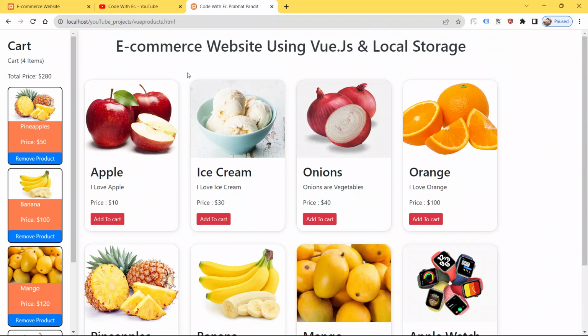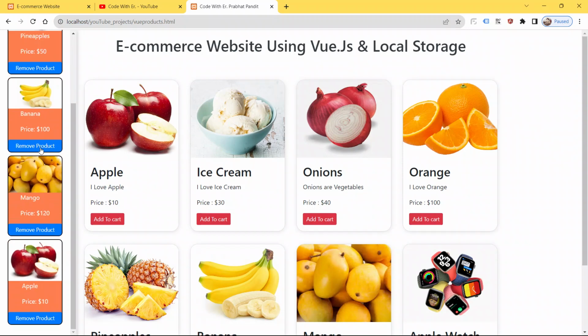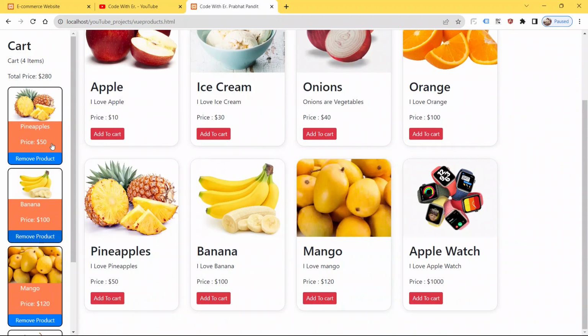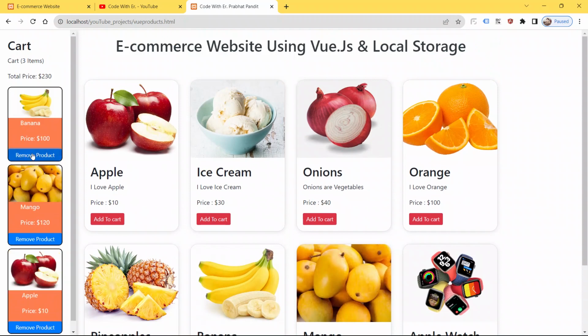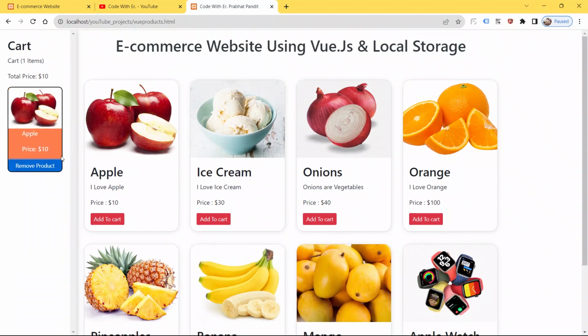Okay, so now guys, as you can see here, we have got the 4 items in our cart. So guys, try to remove one by one. Okay, yeah, see guys, it's working, boom. Okay, now try to add the product into your cart. I'm gonna add the product apple now. Yeah, see guys, cart item is also being updated dynamically and the total price is also being updated dynamically, and here we can also see the product name apple, price also, and remove also.